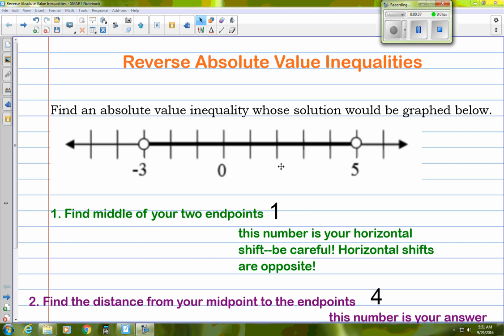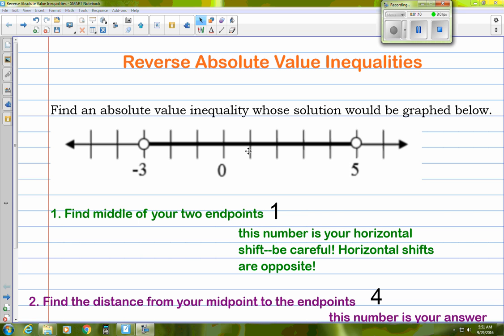So all we have to do when we're given the solution is to find the midpoint of my two endpoints. So if my endpoints are here and here, the middle of it would be at 1, or 4 away from each. This number is my horizontal shift, but be careful because horizontal shifts are opposite. So in our absolute value inequality, it's going to be a -1, even though it's a +1 on the number